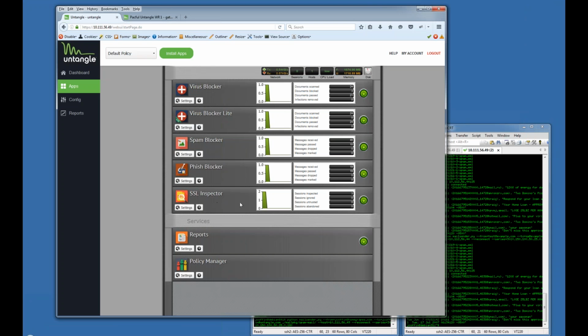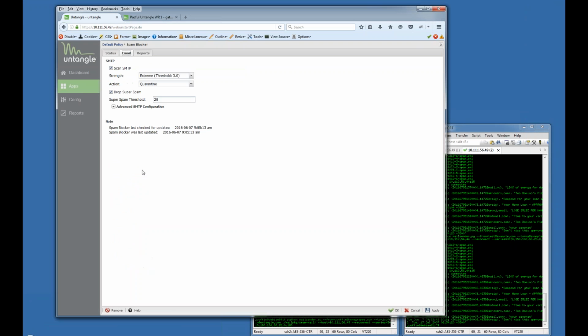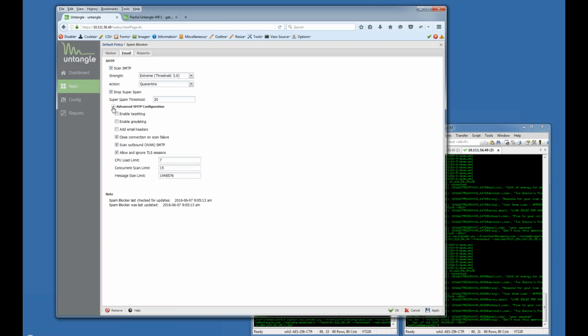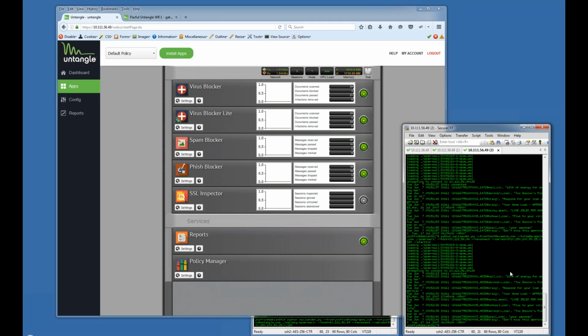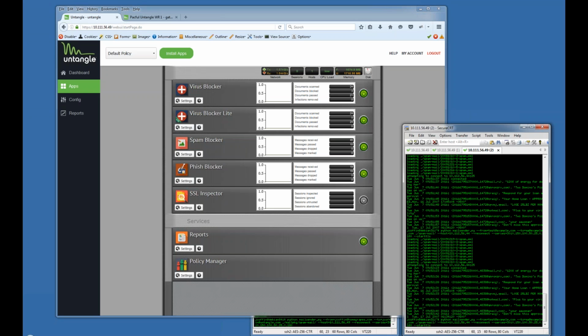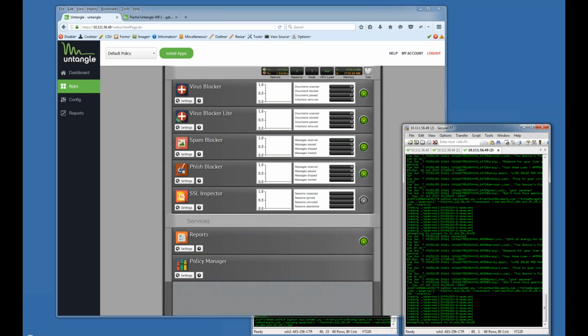So let me just demonstrate if you don't have SSL Inspector. I'm going to allow TLS on my spam blocker. So this is a case where I need to receive TLS, but I don't have SSL Inspector. If I go ahead and send email again,